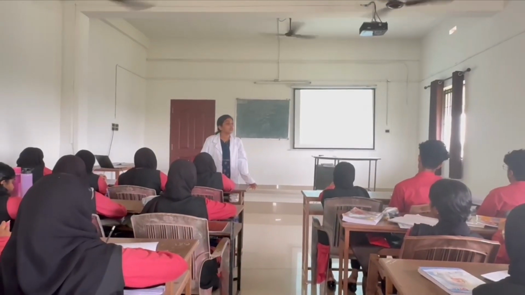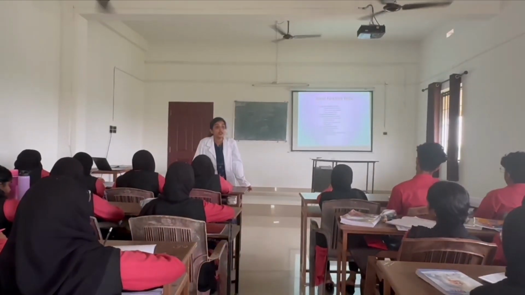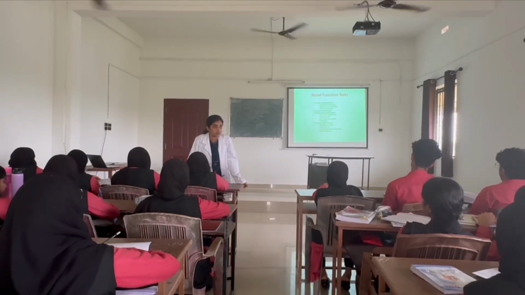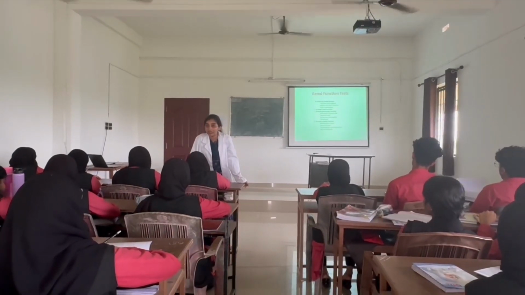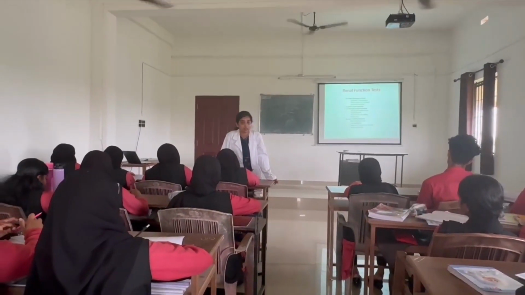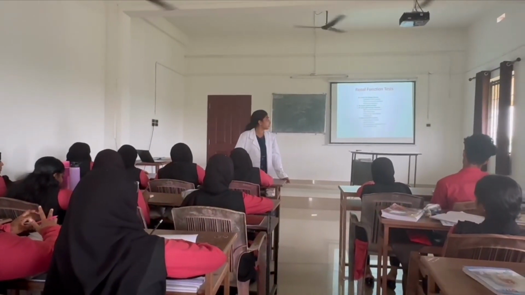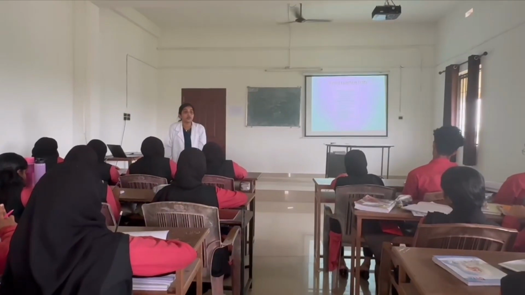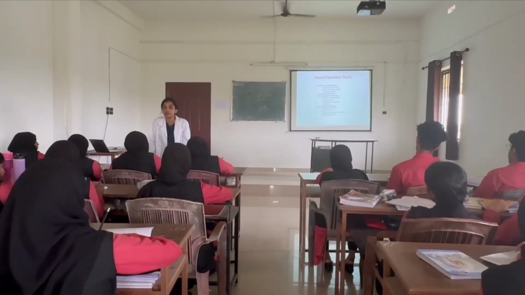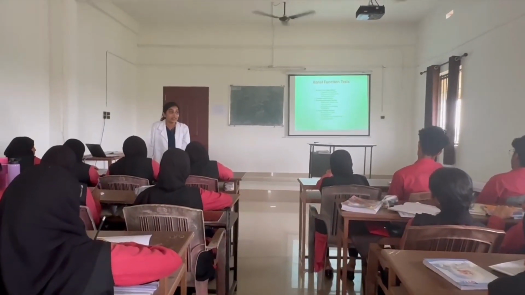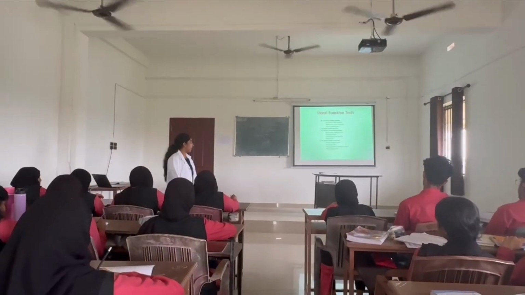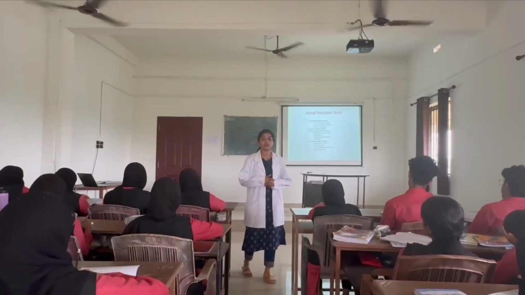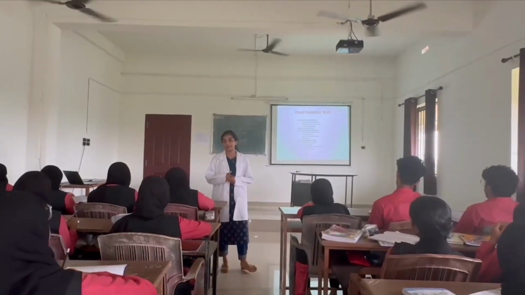If there is any disease in the kidney, we can screen with all those tests. The second one is mainly to assess the renal function. I have already told you the major functions of the kidney, and to assess renal function there are many tests. The third one is to assess the glomerular function. For that we have to see the glomerular filtration rate, that is GFR, and also clearance tests and glomerular permeability.